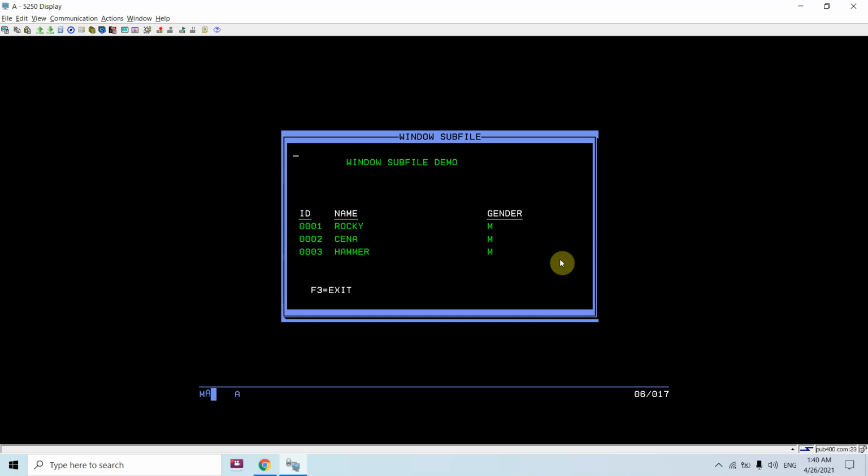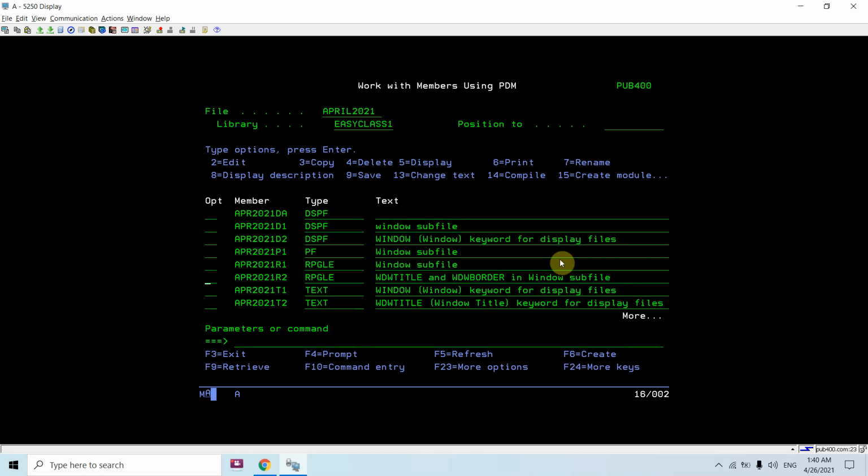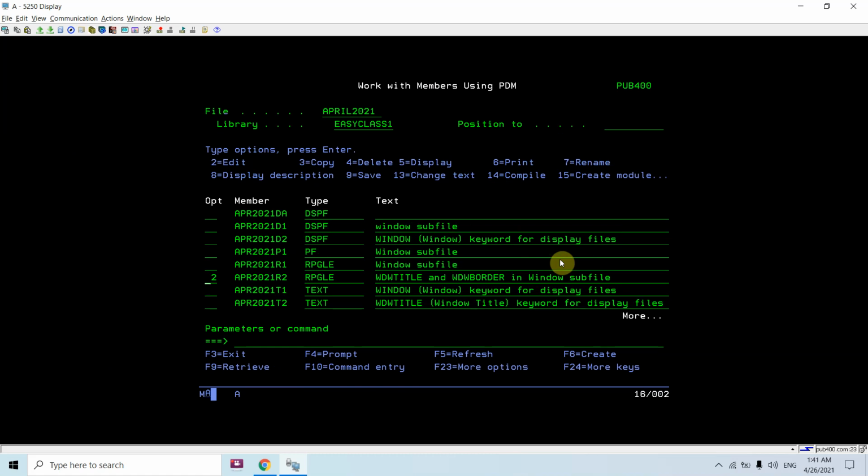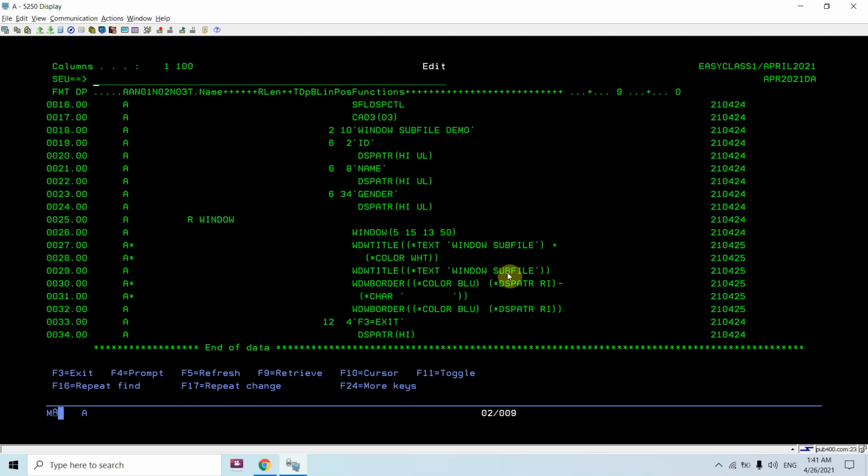You can see the design has now changed. Let's remove this as well.